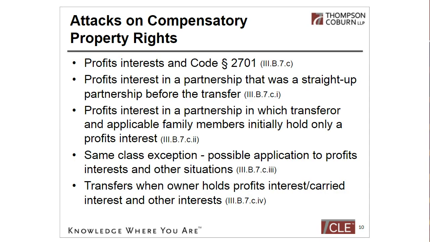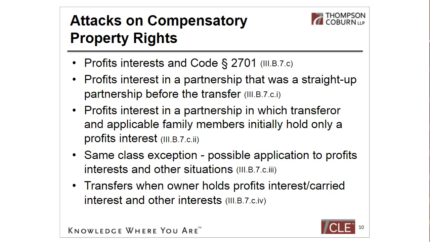Slide 10. Now, from an estate tax viewpoint, if you have a profits interest, there's some issues that arise under Code Section 2701. Code Section 2701 is an anti-abuse provision. So, several decades ago, people would create these business entities, and they would retain the income and have the growth go to their kids, and then they would say, well, I'm going to get a return of X per year is what my estimated return is, and then it turned out that they didn't get that, and so all of this that they said they retained and subtracted from their taxable gift was really just fake, according to the government,